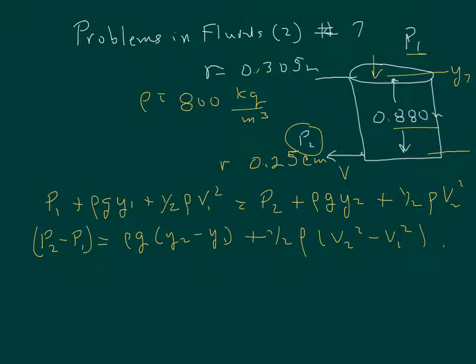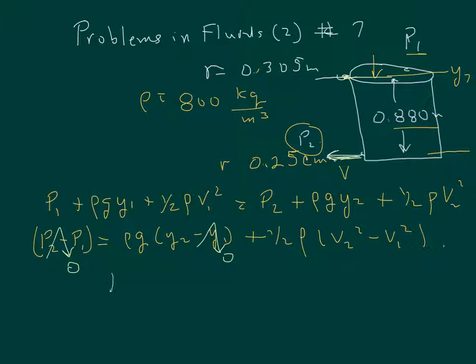Now we can make some simplifying assumptions that are going to help us a lot. First of all, the bung hole is open at the top and it's coming out at the bottom. So the pressure 1 and the pressure 2 are the same. So this entire term is 0. They're both open to the atmosphere, so those pressures are the same. Second of all, let's choose y1, which is at the top, to be 0. So we'll make our coordinate up here to be the 0 point. Finally, let's look at the velocities down here. The velocity 2, where it comes out, is much, much greater than velocity 1,